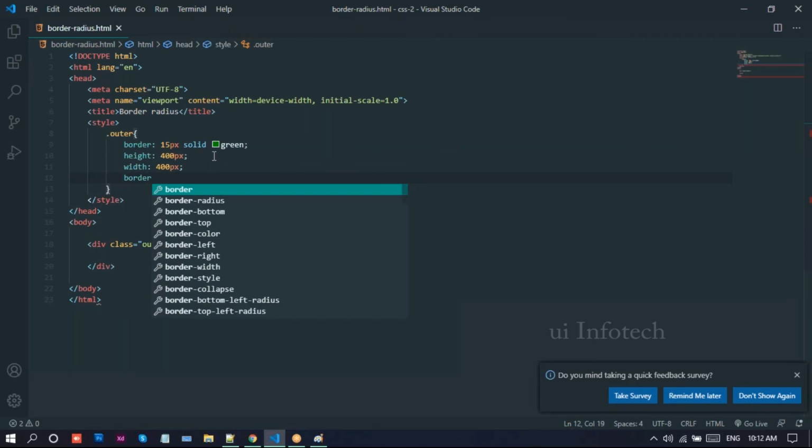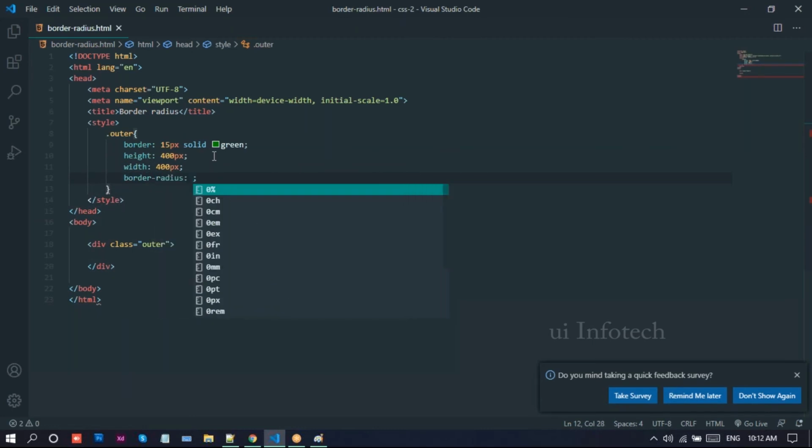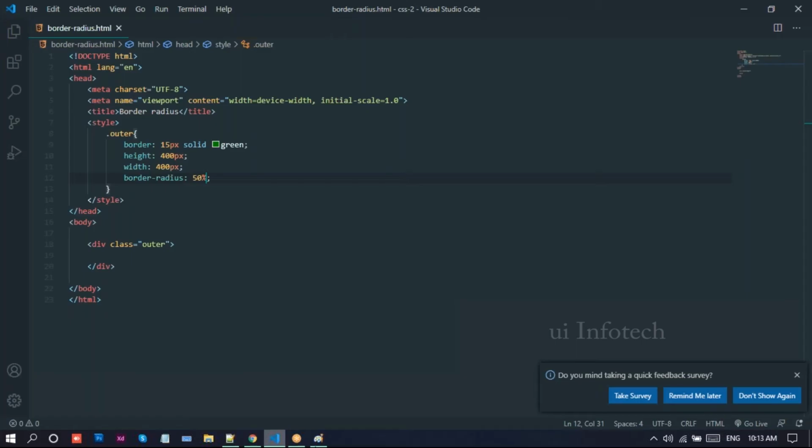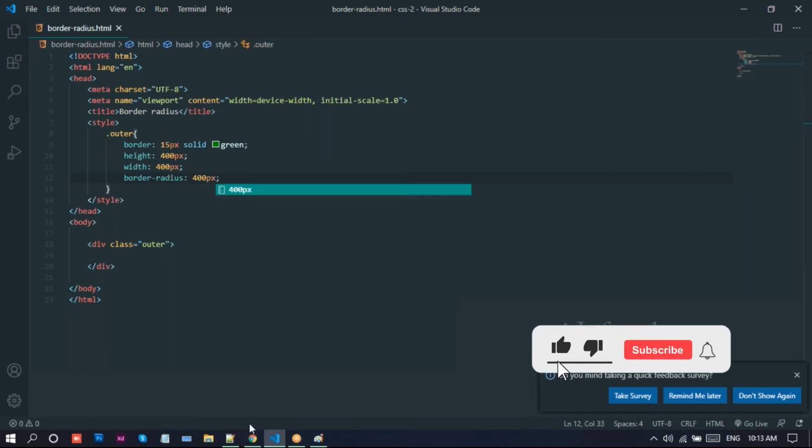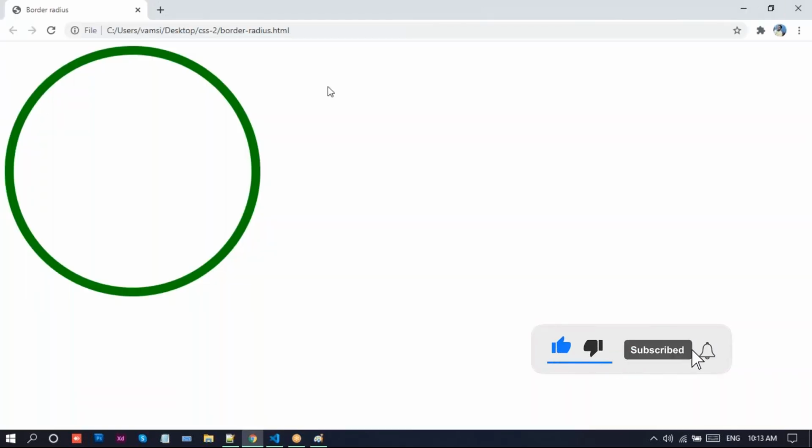Now coming back to Visual Studio, we need to apply border radius here. If you apply border radius 50%, what will happen? Let me go to the browser and reload this page. It will make a circle. Now instead of percentages, I'll provide 400 pixels.